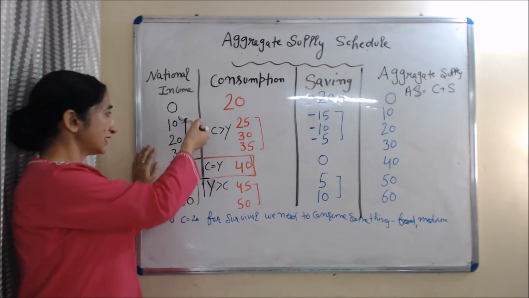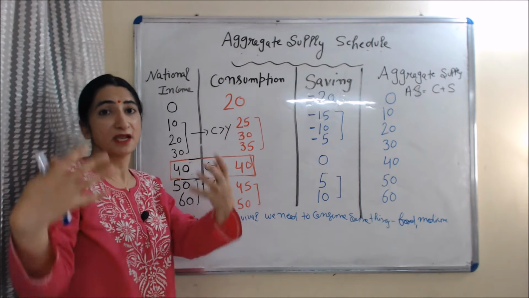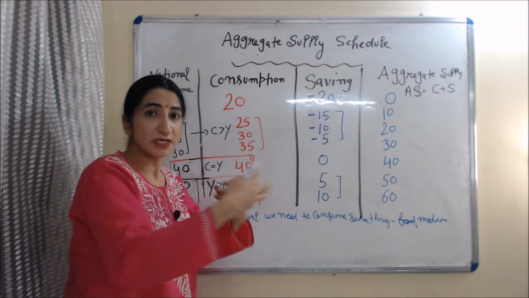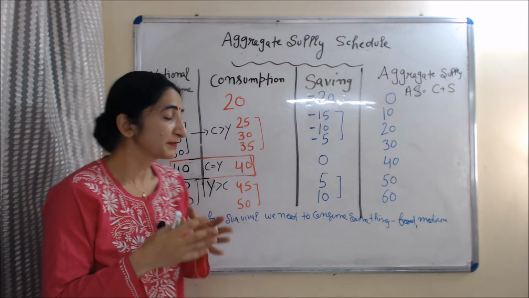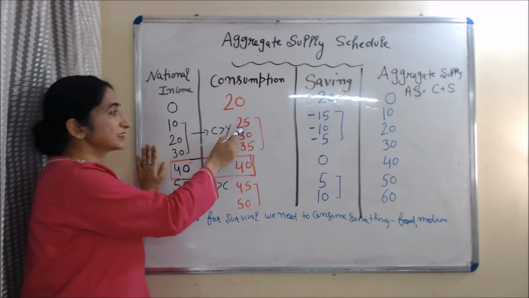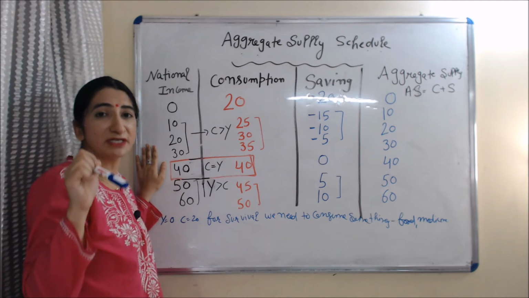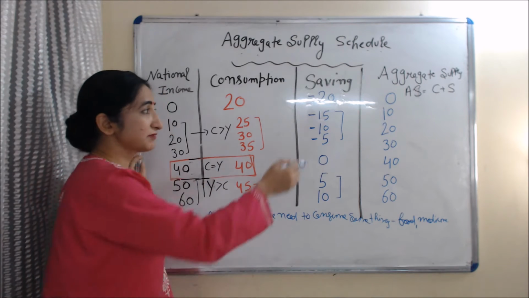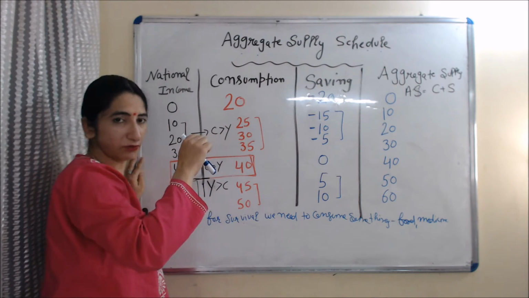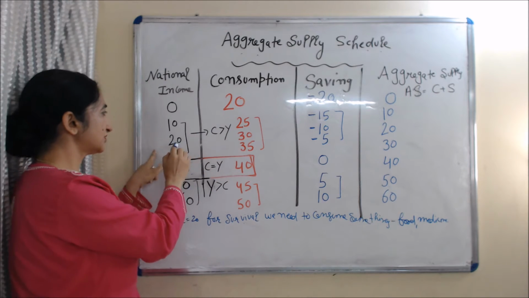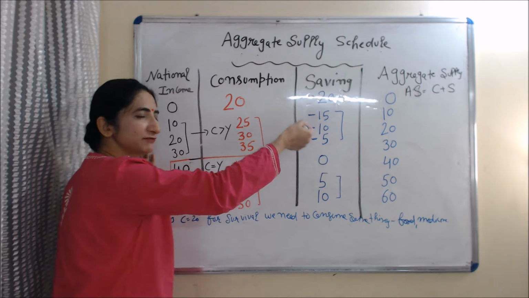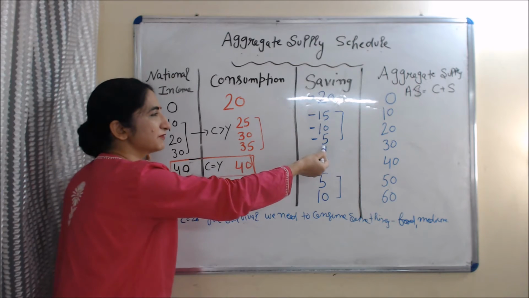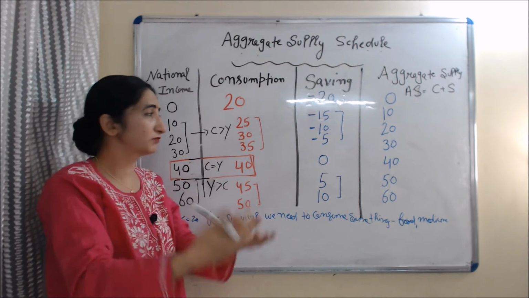After that, our income and consumption both start increasing, but still our consumption is more than our income. That's why we again use some amount of money from our saving. You can see here our income is 10 but consumption is 25. The gap between 25 and 10 is 15. This 15 rupees we will take from our past saving, that's why we minus 15 from our saving account. Now the gap between 20 and 30 is 10, and we minus 10 from our saving. And again the gap between income and consumption is 5, and we minus 5 from our saving, because we are taking some amount of money from our saving.